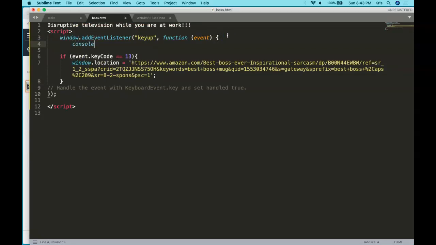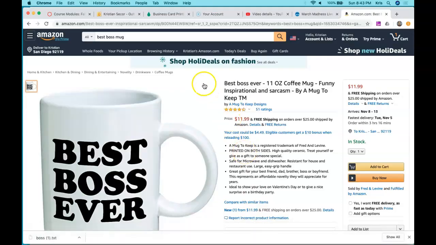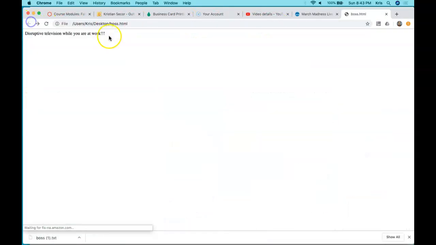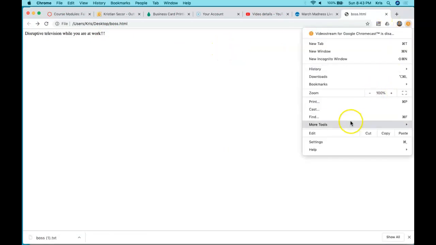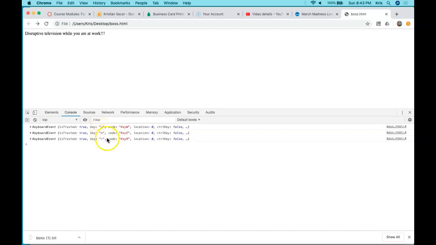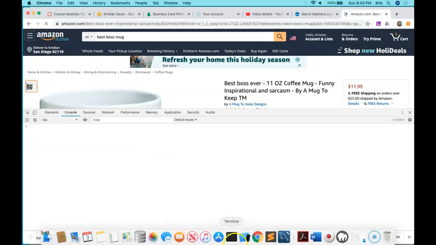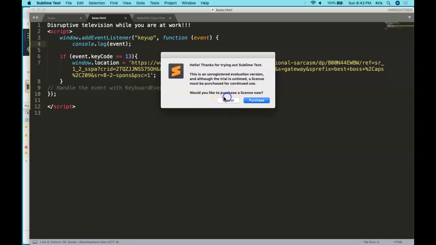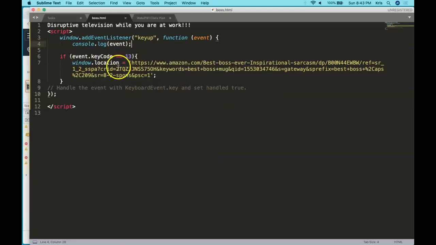So if I console.log the event, which is that argument, and granted this is not ES6, I don't have the arrow syntax or anything like that, but what I do have is, going back, I can look at the dev tools, which I will open up for you, and we can hit enter here, and remember it's on key up, so I'm hitting a W key here. So see key W, key E, key R, key E, etc. So the boss button is this. If the enter key is 13, then all I say is, if event.keyCode is 13, then window.location equals